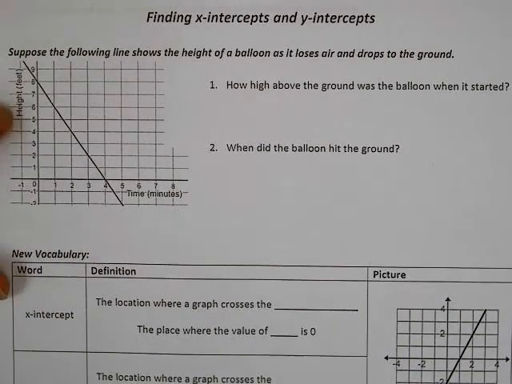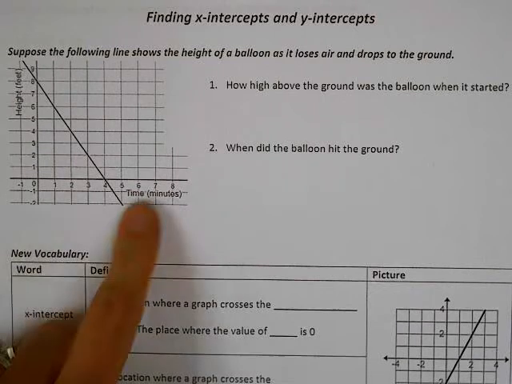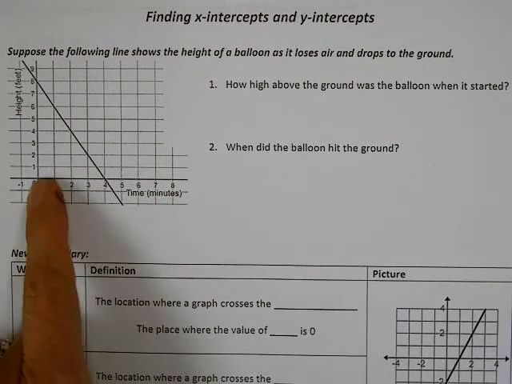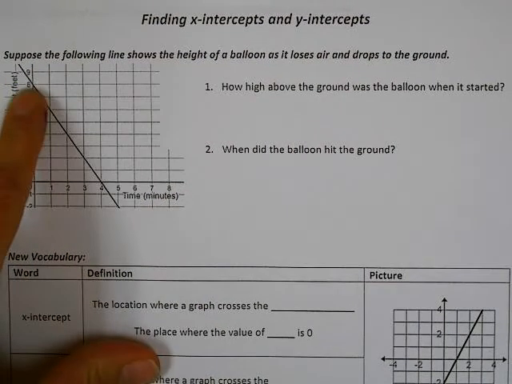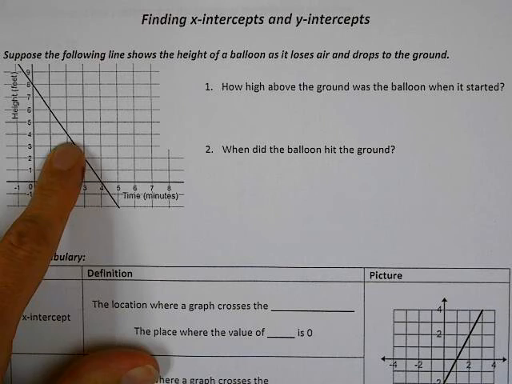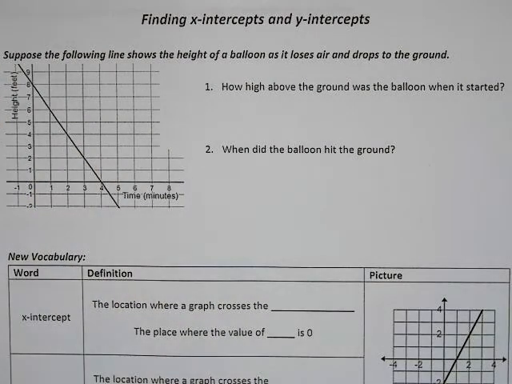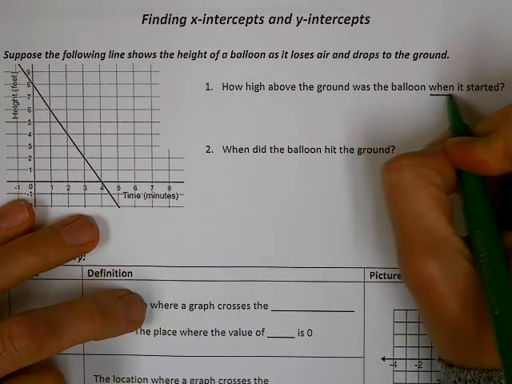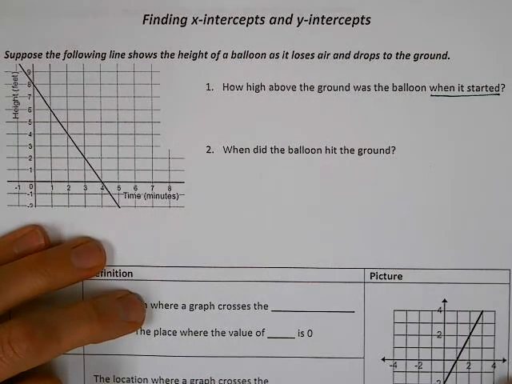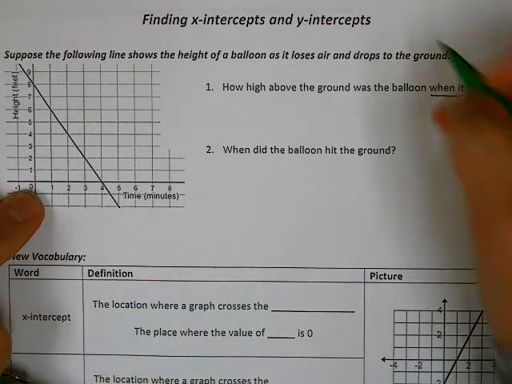So I can see my height is on my y-axis, time is on the x-axis. So as time goes on, I can see I have a negative slope here, so my balloon's getting closer to the ground. So the first question I'm being asked here is how high above the ground was the balloon when it started? Now, when I see when it started, that tells me I'm looking when time